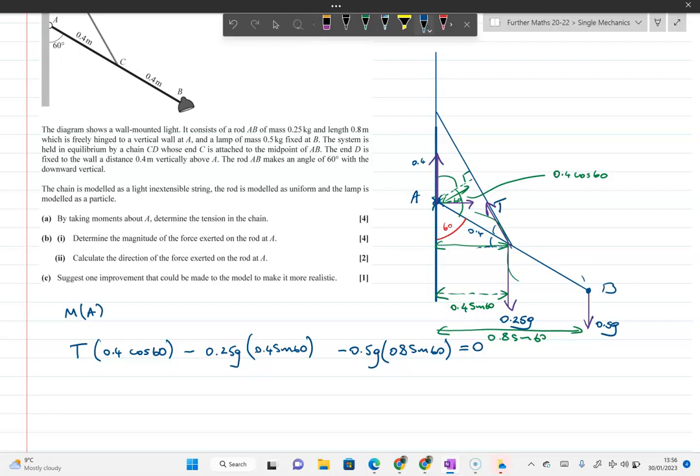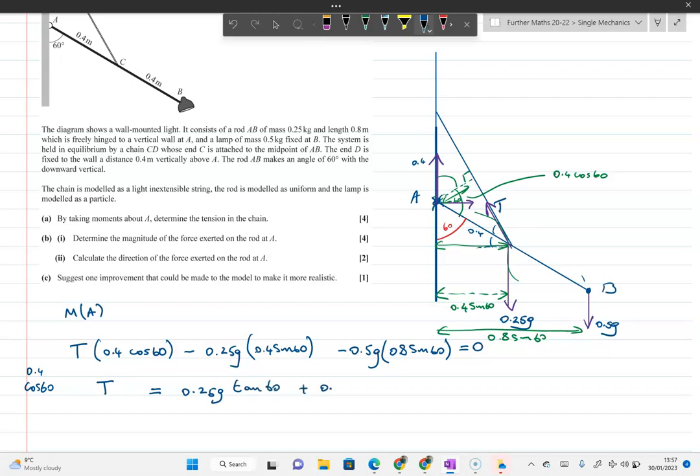Right, well, we know that cos 60 is a half and sine 60 is the square root of 3 over 2, so it shouldn't be too much bother here. That's going to be this T times 0.4, or we could divide by 0.4 and divide by cos 60. So if I divide by 0.4 cos 60, I'm sure you can easily get to where you want to be. So that's T. Let's take the other two terms to the other side. That would be equal to 0.25g tan 60